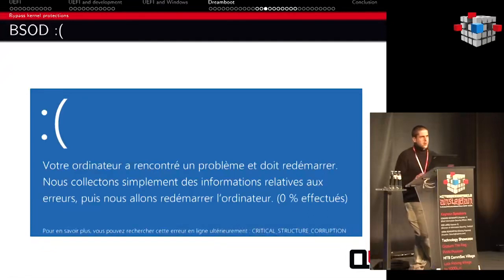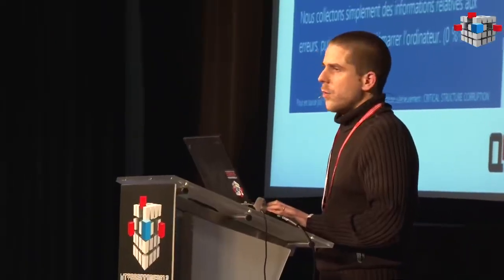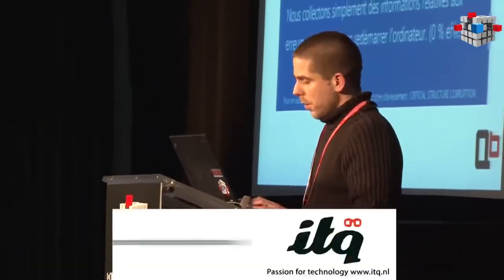But if we only do that, we have a typical blue screen of death, in French in this case, with a critical structure corruption exception. In this case, it's PatchGuard which detects the bad thing happening. In fact, it detects the code which has been injected in a relocation table. I don't know how, maybe with some integrity check or something like that.